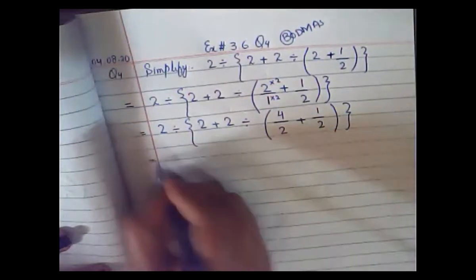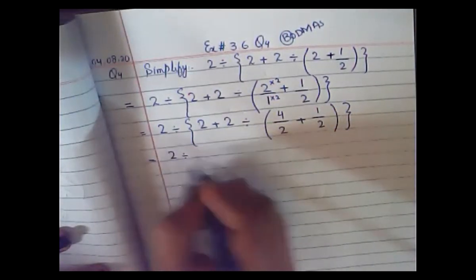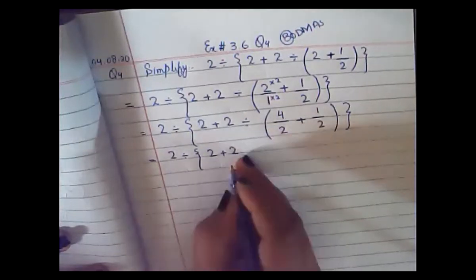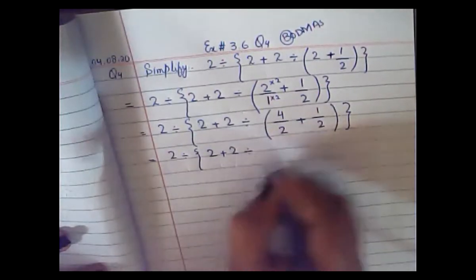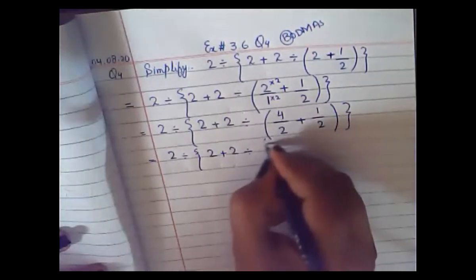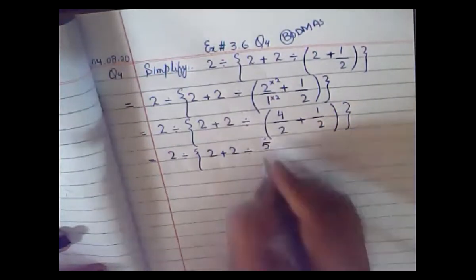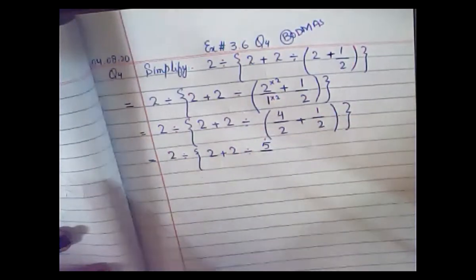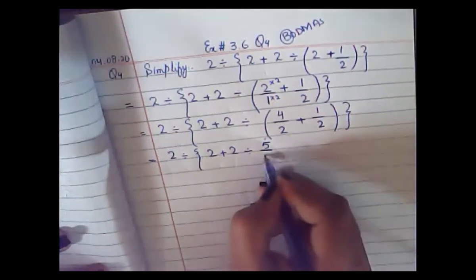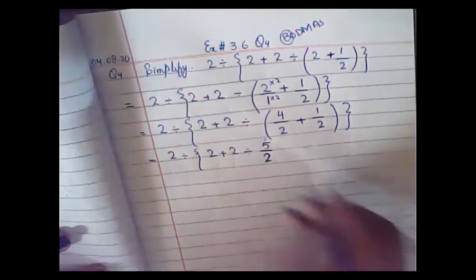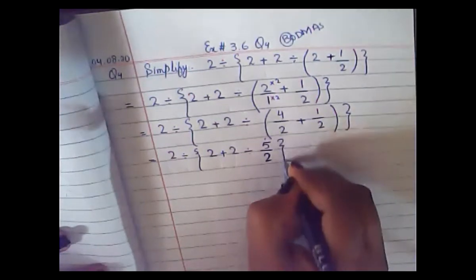So moving on to the next step, 2 divided by curly bracket. Again, I'm not going to add this one. I will simply write it down, and then what I'm going to do, 4 plus 1, it will become 5 upon, I'm not going to write 2 plus 2 is 4. No, that is completely wrong. You will keep your denominator the same, that is 2. That's it, and then you will place your curly bracket.